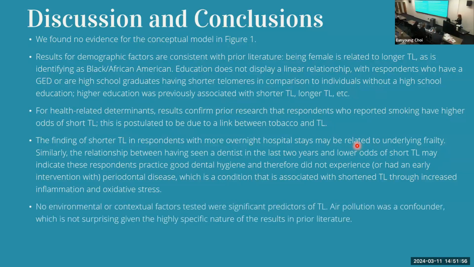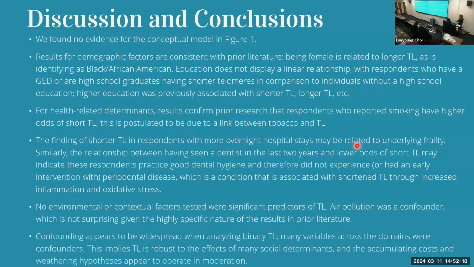None of the environmental or contextual factors that we tested were significant predictors. Air pollution seems to be a confounder. But the prior literature on air pollution and telomeres is pretty narrowly defined in terms of the linkage, so maybe not all that surprising. Okay, so we concluded that confounding seems to be pretty widespread. A lot of the variables seem to be confounders, and telomere length was robust to the effects of a lot of social determinants. But I think